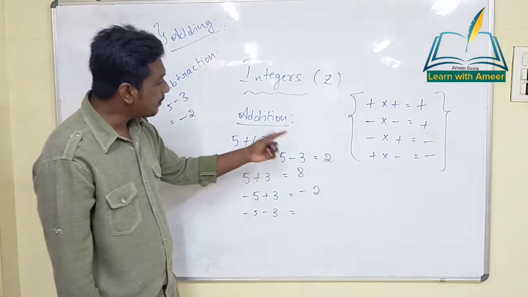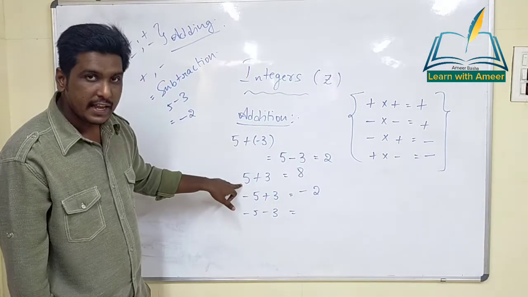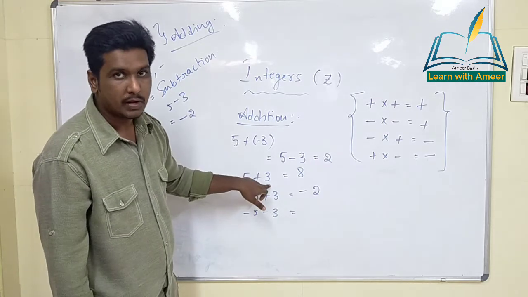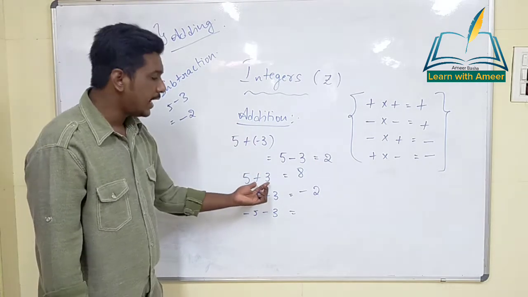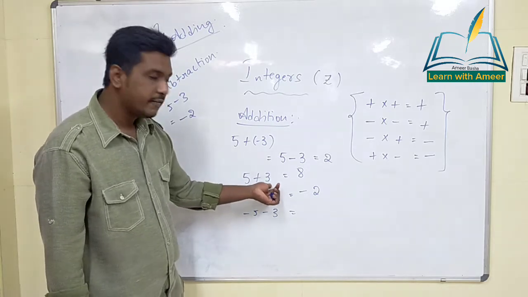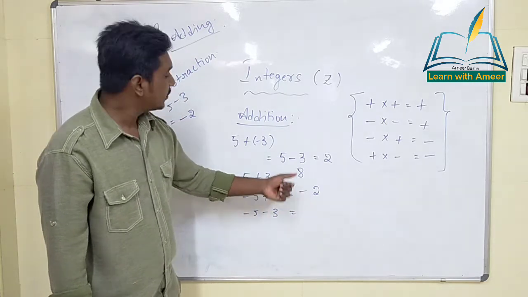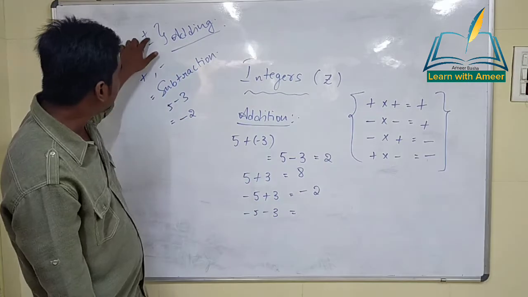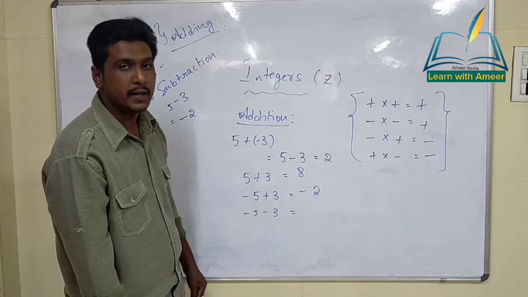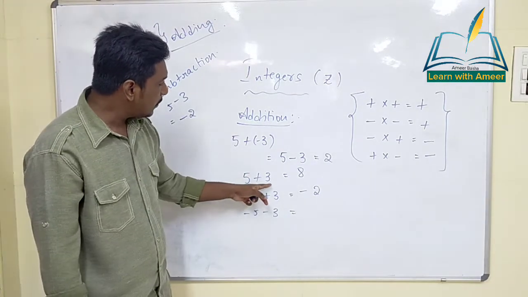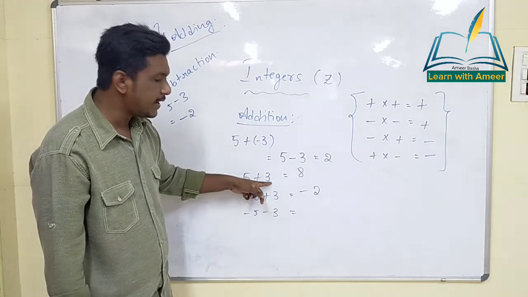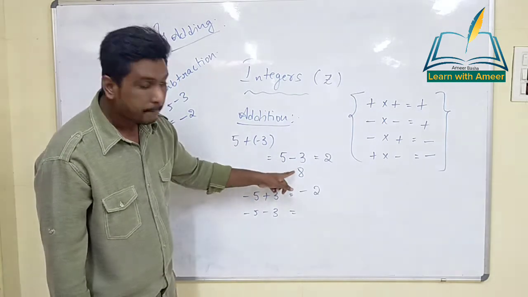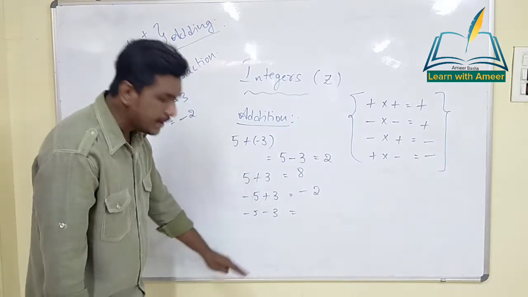Children, now if we come to our previous sum itself, here, if nothing is there, what did I tell you? Plus. So one plus number and one more plus number. What do we have to do? Addition. So 5 plus 3 will be 8. What symbol do we have to keep? Whatever symbol is there, that same symbol we keep for the answer also. Since we have two positive numbers here, plus 5 and plus 3, for the answer also what symbol have we kept? Children? Plus 8.